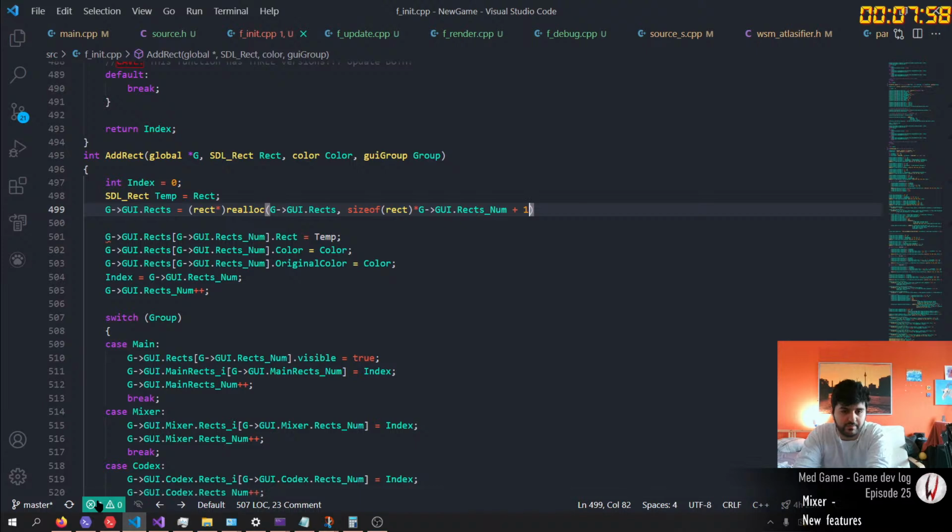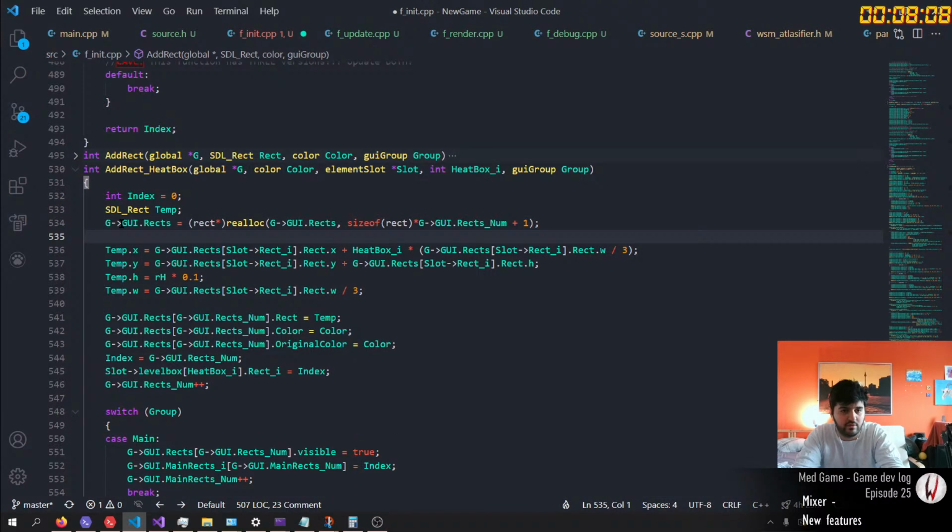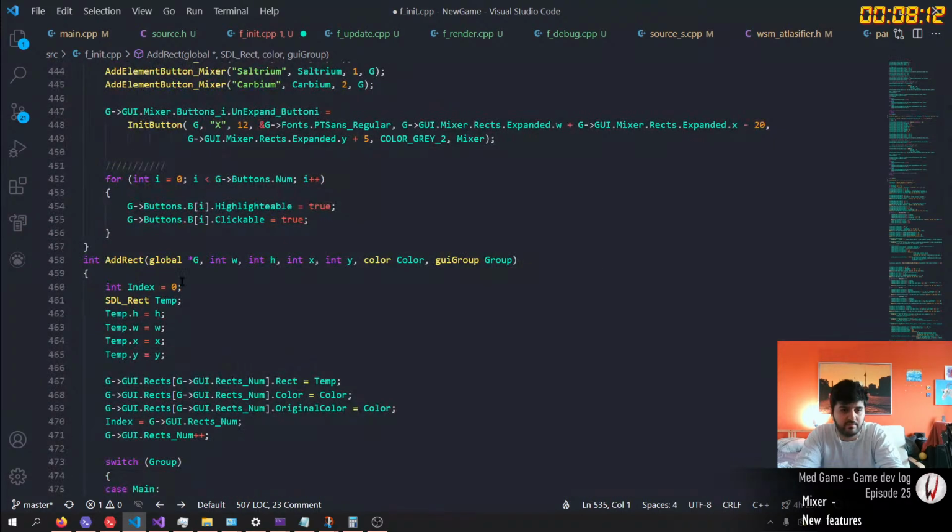It should work. Oh, I need to add all these different things. Add direct has 3, I think. 3 versions. So here's another one, and here's a third one up here.